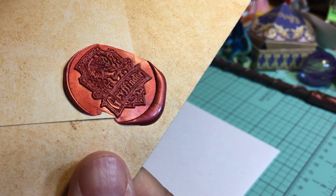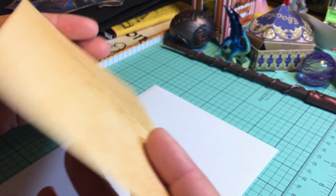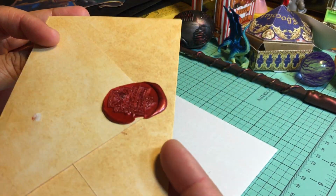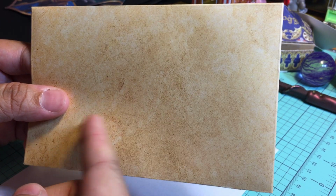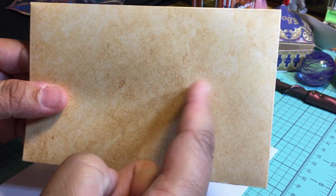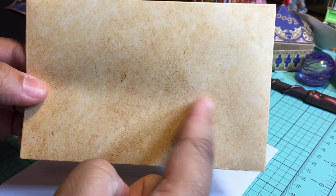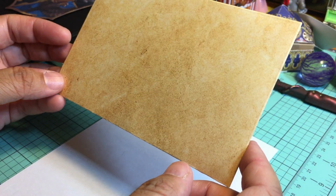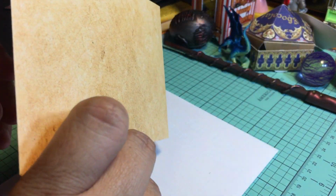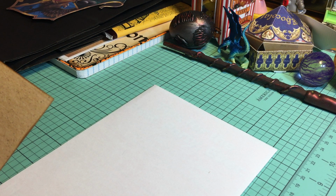So I used red wax, the House Gryffindor seal, and this is what her invitation looked like when it went out. Depending on which child the invitation was going to, I used a script stamp to stamp that child's name across the envelope. So it looked really like an acceptance letter to Hogwarts, because the invite reads, "We are pleased to inform you that you have been accepted at